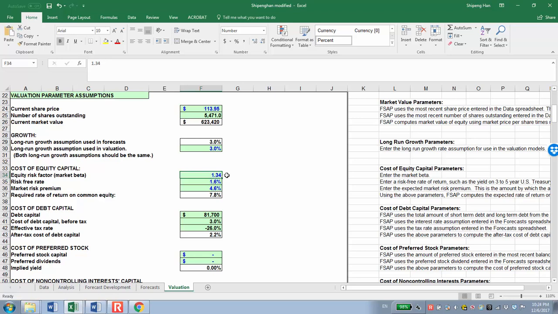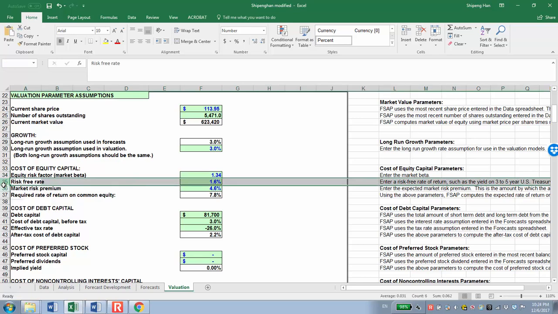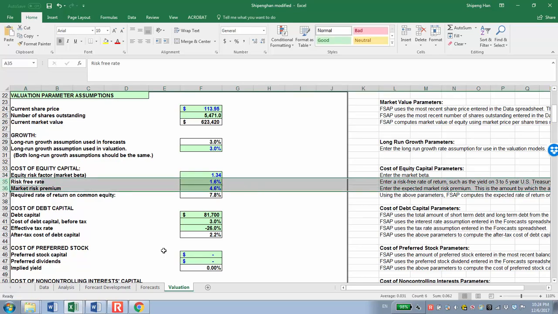And the risk-free rate and the market risk premium. What I did is, because the financial statement date of Apple is in September 2016,